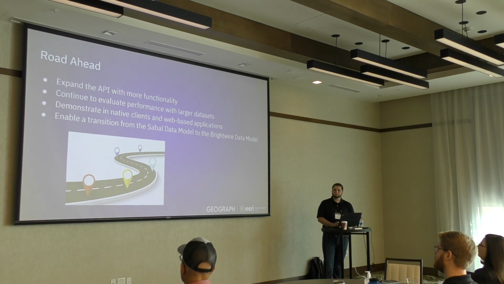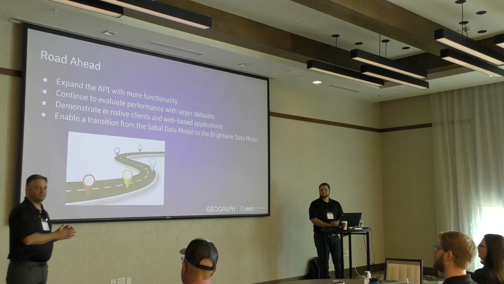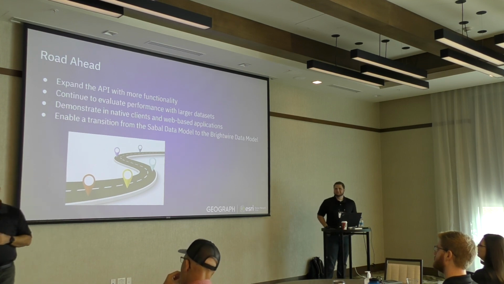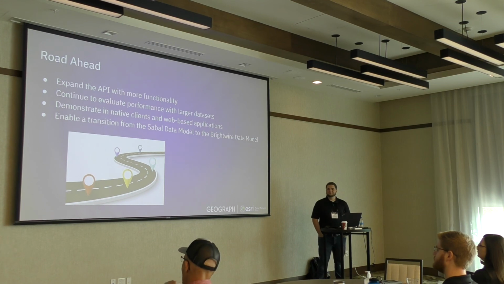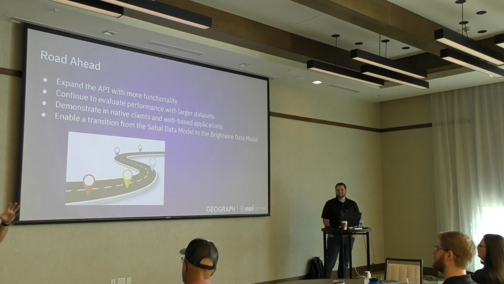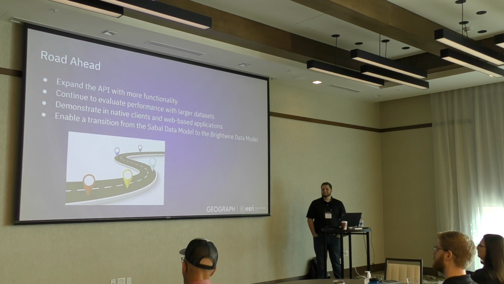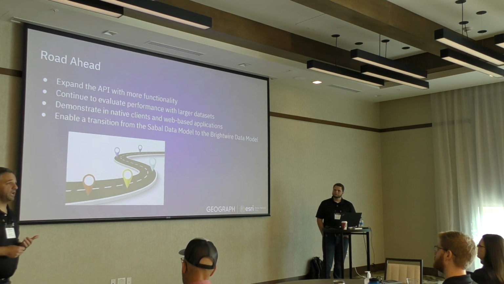We want to continue to evaluate the database. When we started this, we started with 100 FDHs, and we did 1,000 FDHs. We said, let's do 10,000. Let's get to something really big, something massive. We're going to keep testing this with larger and larger data sets, especially as you start to add attribute information into the database. What happens to it? So we want to make sure that we keep that performance baseline. We know what it should be. We want to be able to demonstrate this in a native client and web app.